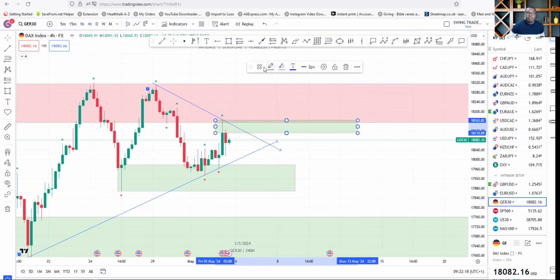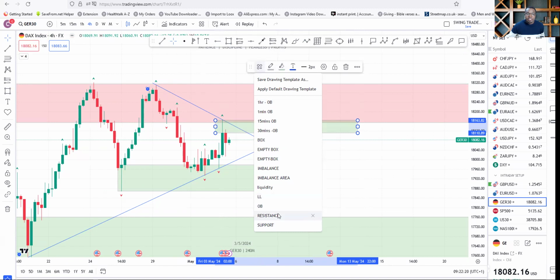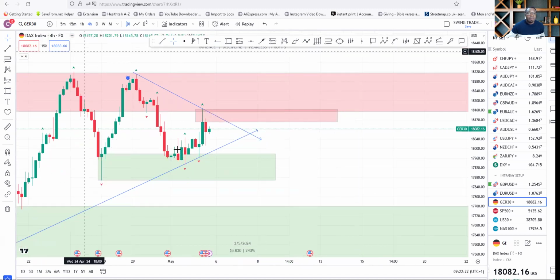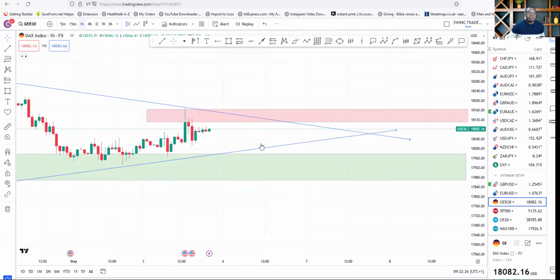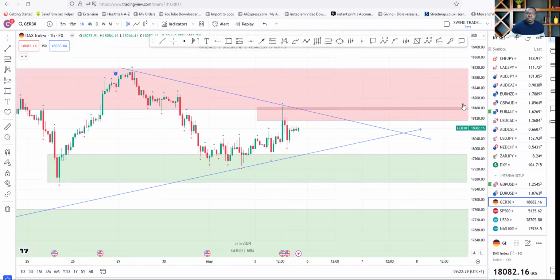Okay, for those of you scalping, you want to scalp this, you can do that, and then that becomes your resistance on the 4 hour, and then this becomes your support, which I agree with, and then go to the 1 hour time frame and look out for opportunity to